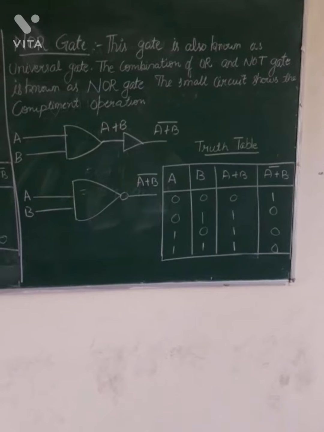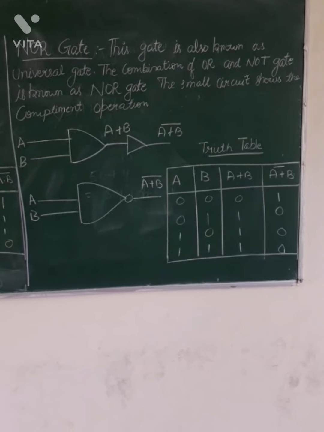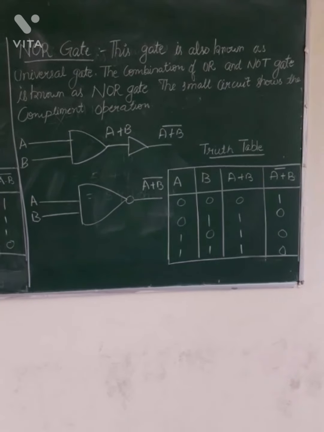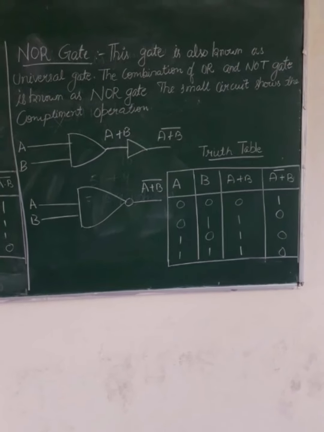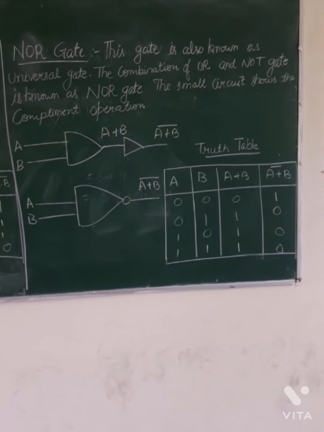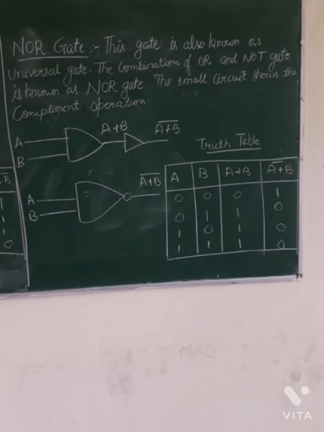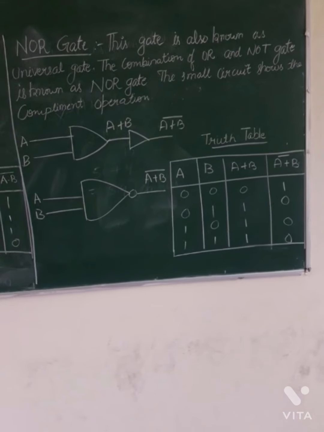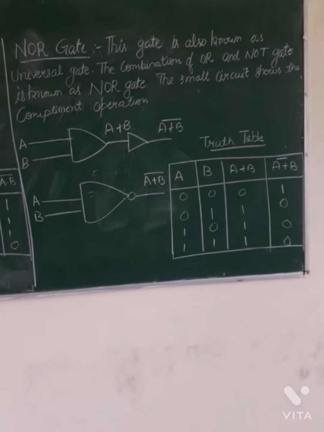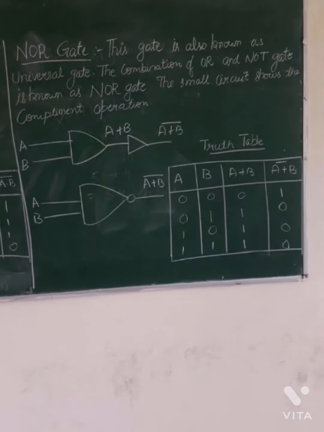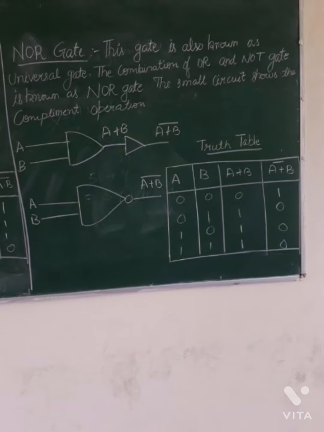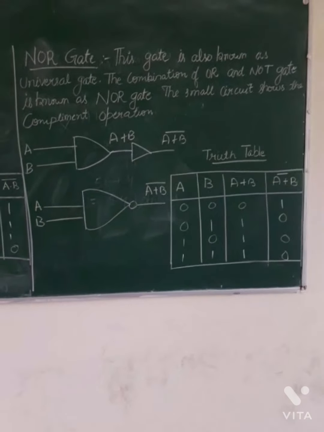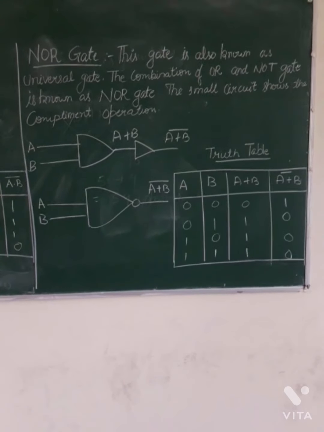You know that these gates work on the binary signal, that is 0 and 1, not 2, 3, 4, 5, 6. It only works on the binary signal. So the given input 0, 0 becomes 0, 0 plus 0 is 0. Then the second is 0, 1, it becomes 1. Then the third one is 1, 0, it becomes 1, 1 plus 0 is 1. Then the last one is 1, 1, and it gives 1, not 2, because it works on the binary signal, so it gives output only 1.